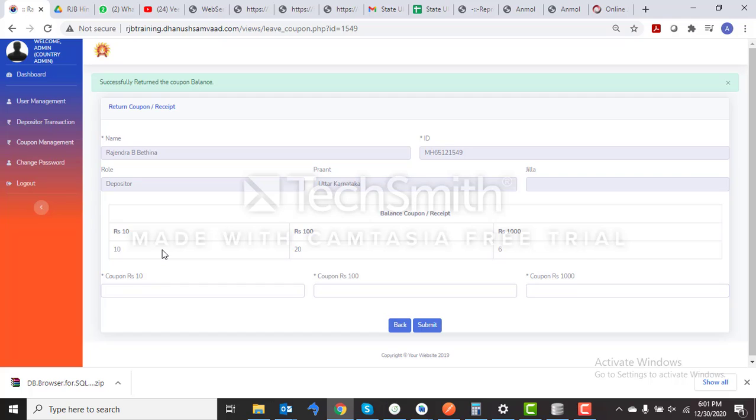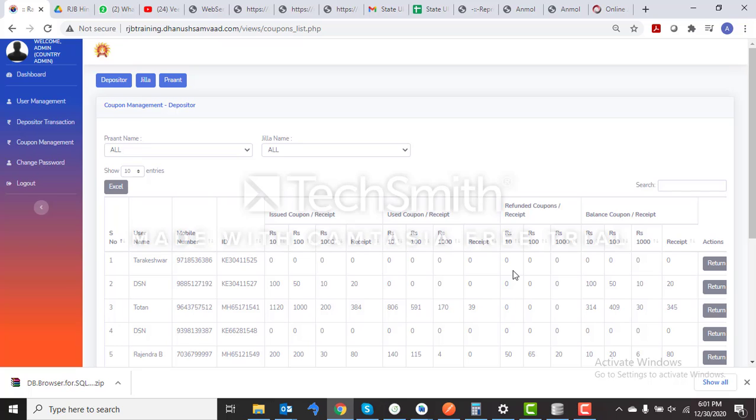Earlier we had 60 coupons of 10 rupees, now we are left with 10 coupons of 10 rupees, and earlier we had 85 coupons of 100 rupees, now we have 20 coupons of 100 rupees left, and we had 26 coupons of 1000 rupees, now we are left with 6 coupons of 1000 rupees. So in this way the coupons can be refunded.